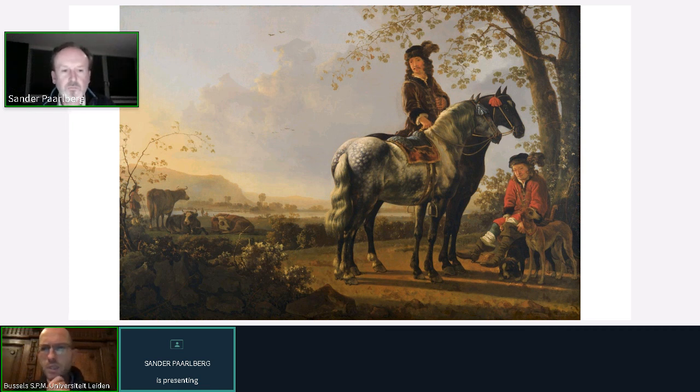Another question, by Dana Dekkers, is about the tension between, on one hand, emulation, copying, emulating Cuyp, and on the other hand, the rise, certainly in England in that period, of the ideals of the painter as an original, the originality, the creativity, the ingenuity of the painter. So to what extent did that contrast? How did that work together? On the one hand, the reception of Cuyp, on the other hand, those new, let's say, romantic ideas about the ideal painter. Yeah, well, the interesting thing is, of course, that we focus on